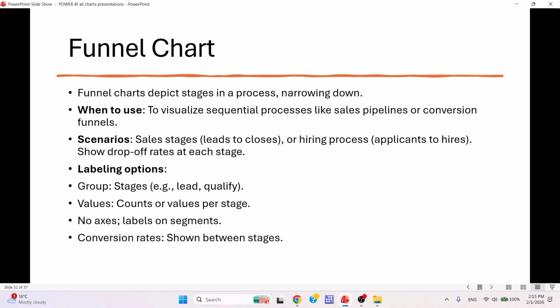Funnel chart basically depicts stages in a process narrowing down. So basically, when to use it: we use a funnel chart to visualize a sequential process like a sales pipeline or conversion. Funnel scenarios: sales stages from leads to closes, or a hiring process, applicants to hires, and show the drop-off rate at each